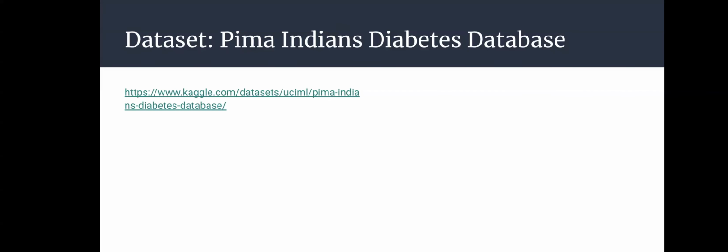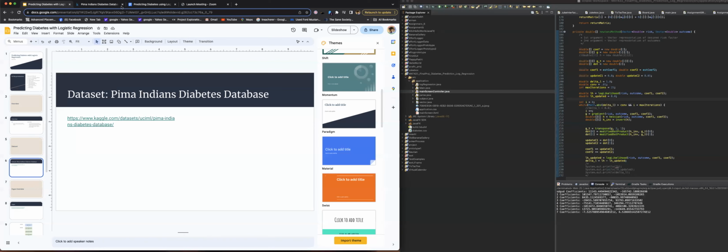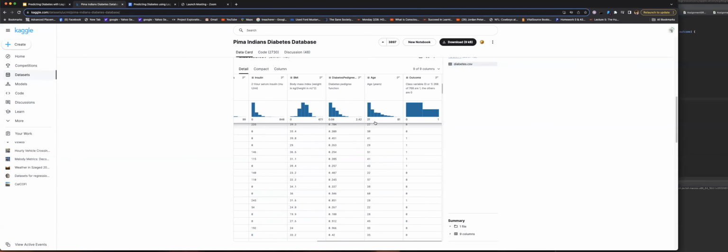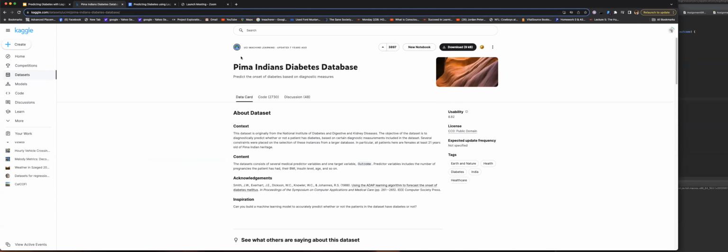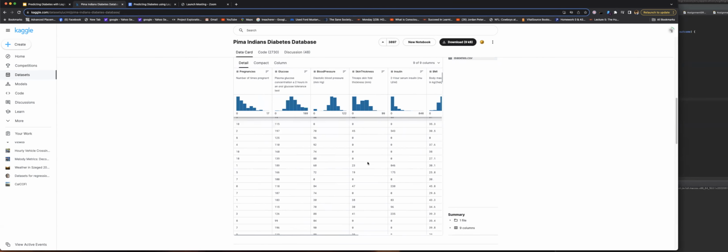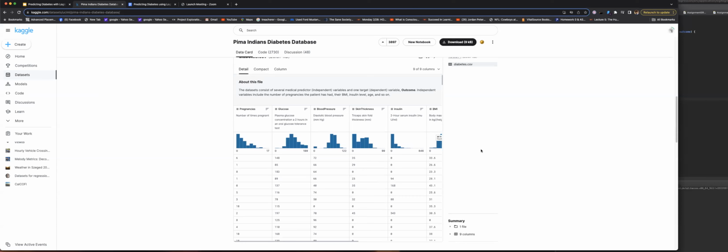So as mentioned, here's the data set. I'm going to really quickly do an overview of the data set. This data set is titled Pima Indians Diabetes Database. It's a portion of data collected by the National Institute of Diabetes and Digestive Kidney Diseases. The data set goes over multiple risk factors among females aged 21 plus in the Pima Indians Diabetes Database. In total, there were 768 participants, and this very briefly